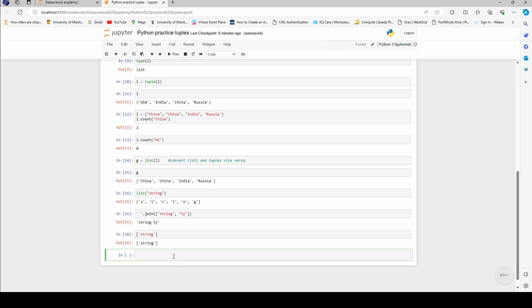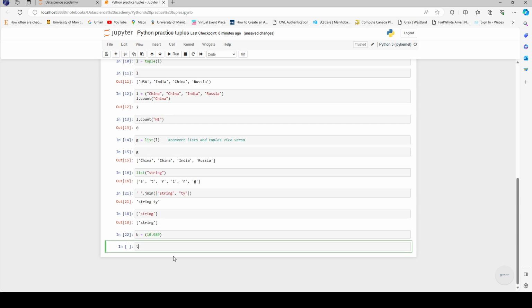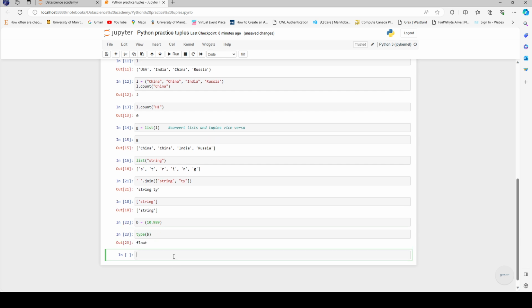Another thing about tuples is that if you want to put, let's say, an integer inside a tuple, or in other words, if a tuple has only one input that's an integer, or any float, let's say 0.989, and then if you try to access the type of b, it's a float, right? If it was an int, it will be an int. So what's happening here? Why is it not a tuple? Well, to make it into a tuple, all you need to do is